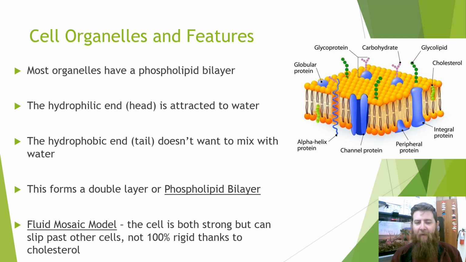Many organelles have a phospholipid bilayer. The hydrophilic end is attached to water, and the hydrophobic end doesn't mix with water. It only touches another hydrophobic tail there. This, however, makes this nice bilayer or double layer of phospholipids, and that we call the fluid mosaic model because